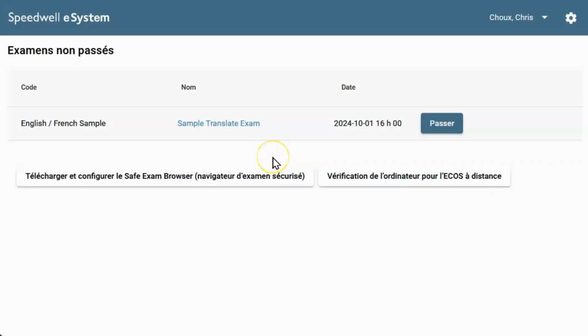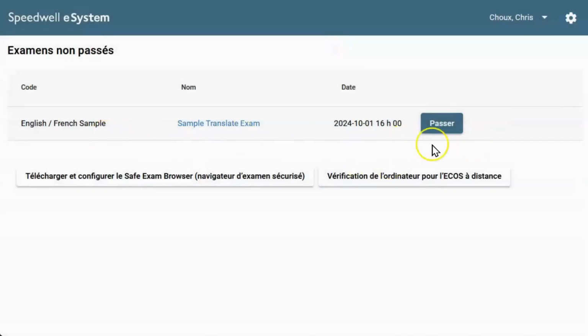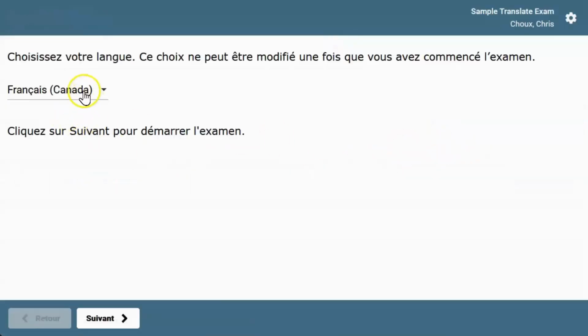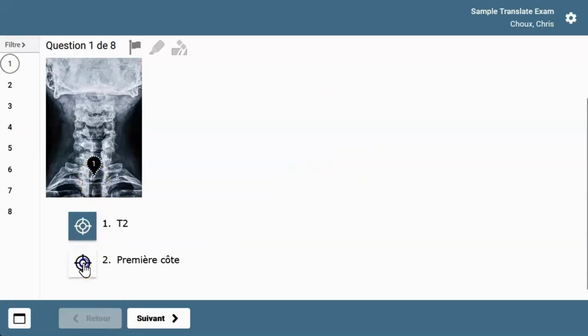Here we have an exam which has been set up to allow the candidate to take it in French or English. When a candidate signs into exam delivery to take the exam, they could change the language here, or take the exam and change the language here. This candidate's taking the exam in French, with French navigation options and questions which have been translated into French by